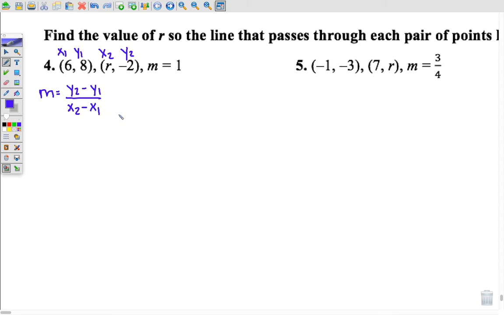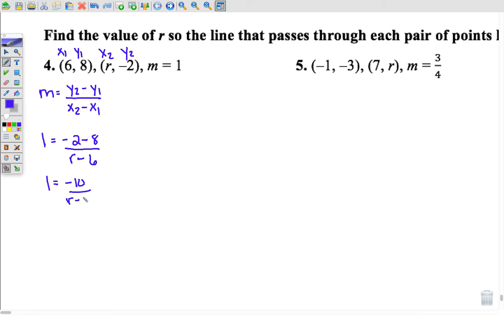So I know my slope is 1. y2 is a negative 2, minus y1, my y1 is an 8. x2 is r, minus x1 is a 6. I can simplify that. So 1 is equal to negative 2 minus 8, that gives me negative 10, over r